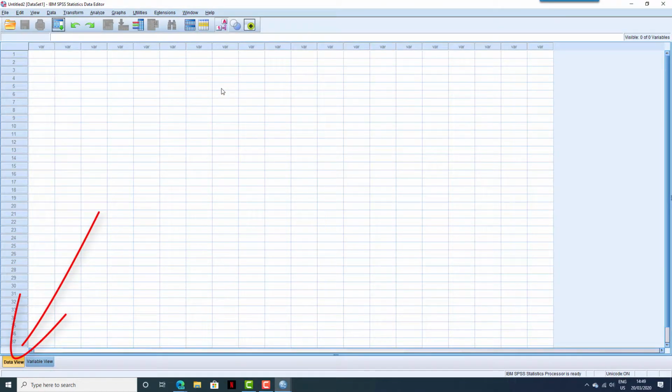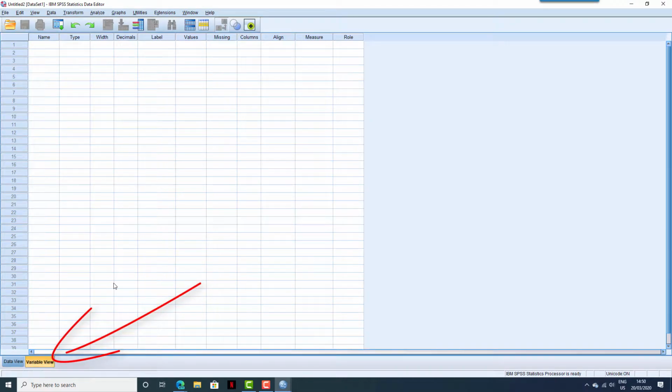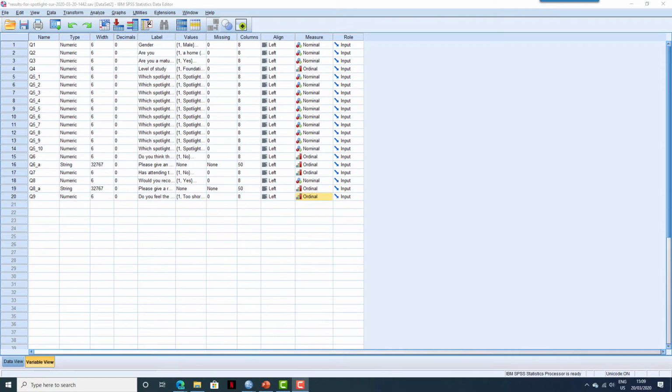What loads is the data view. This is the screen where you would enter your data. You'll also notice there is a variable view, and this is where you would enter data and information about each of the variables. To understand these tabs in further detail, I've opened up a file with some data and specified